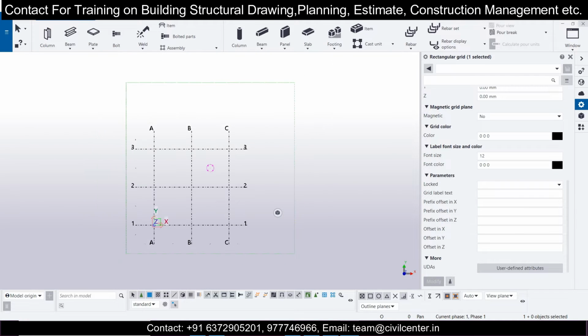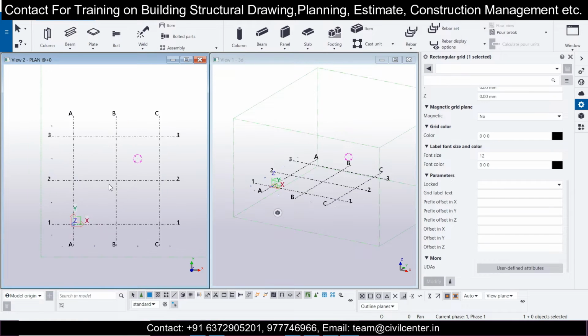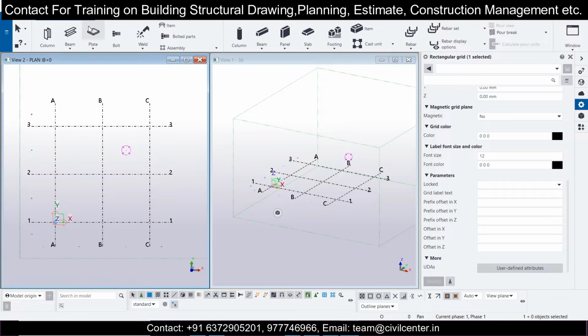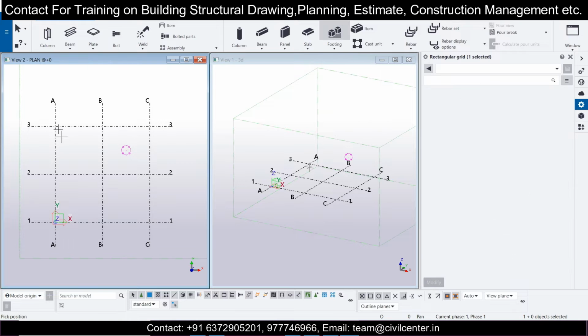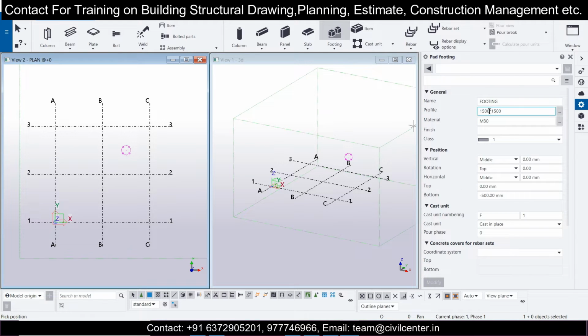What you can do is go to Window and Tile Vertically, so both the 3D and the 2D views will be opened simultaneously, so we can have an idea of that. First of all, I'm putting in my foundations here, and for the footing part I'm going with the pad footing. For the steel structure also, the footing is a concrete part. When you insert the footing here, you will have an option of sizes.